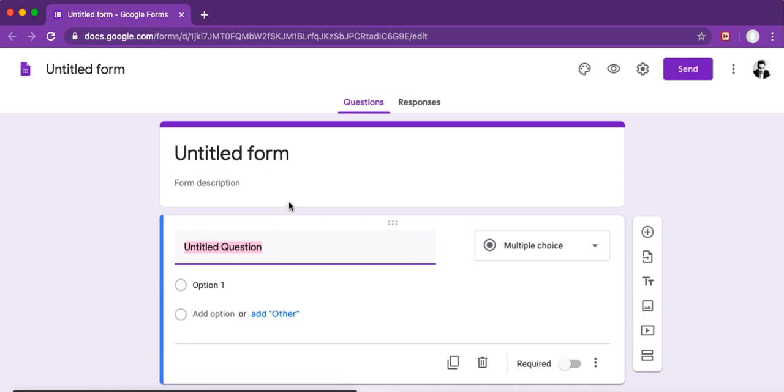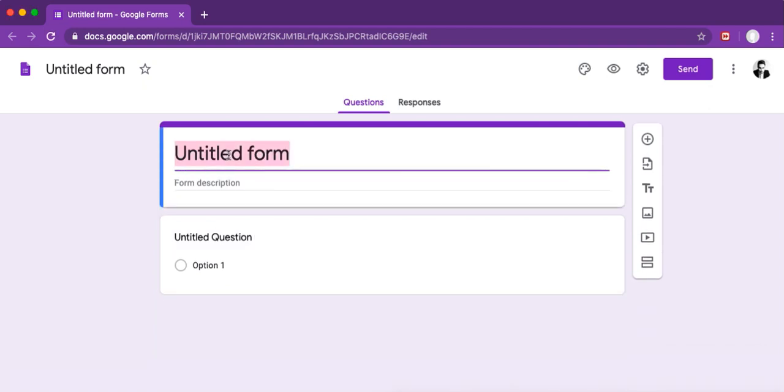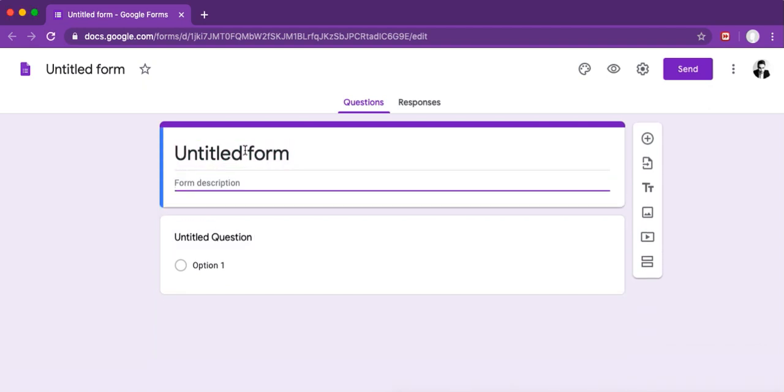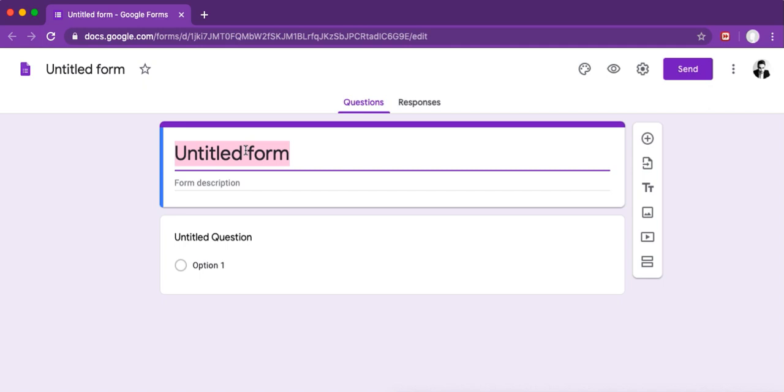Now see here, we have first Questions, then we have Responses. At this time we are on this page, that is Questions. Now if you see here, we have an untitled form. We have not given any title, and then we have to give the description. In this untitled form we are going to write the title of our project, be that the dissertation, be that project, or be that PhD thesis, or even your research article. So you are going to write the title here. Let the title be Psychological Impact of COVID-19 Lockdown, right?